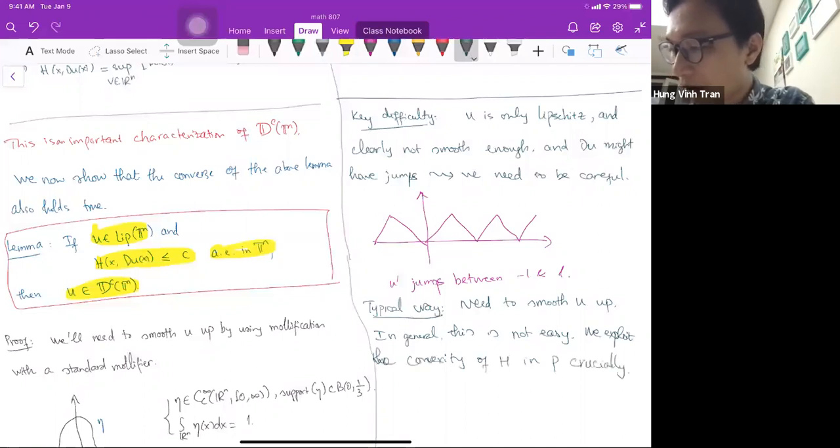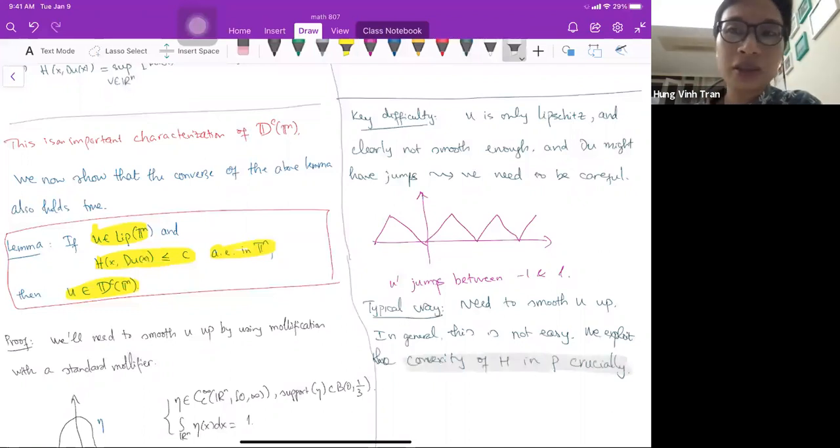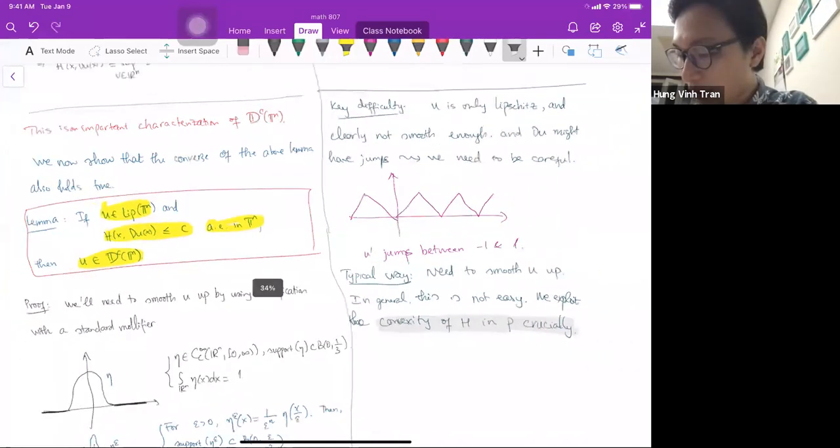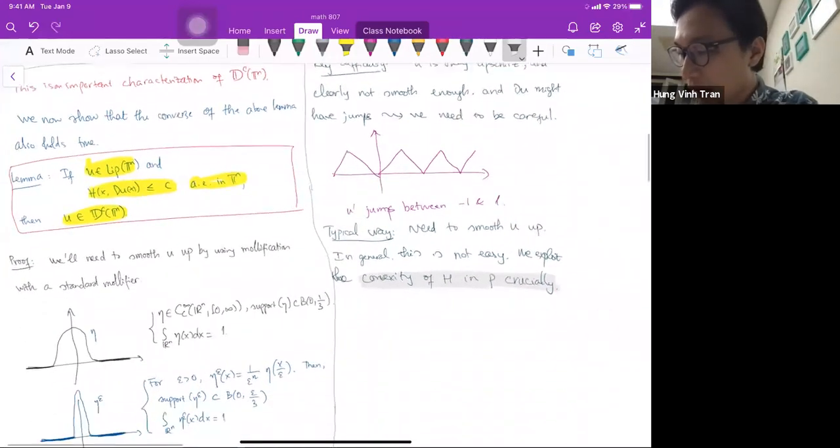Okay, so I want to emphasize this because after proving the result, I will discuss with you certain generalizations, and then when we cannot do that, we really need to exploit very crucially the convexity of H and P here, and as an analysis tool,